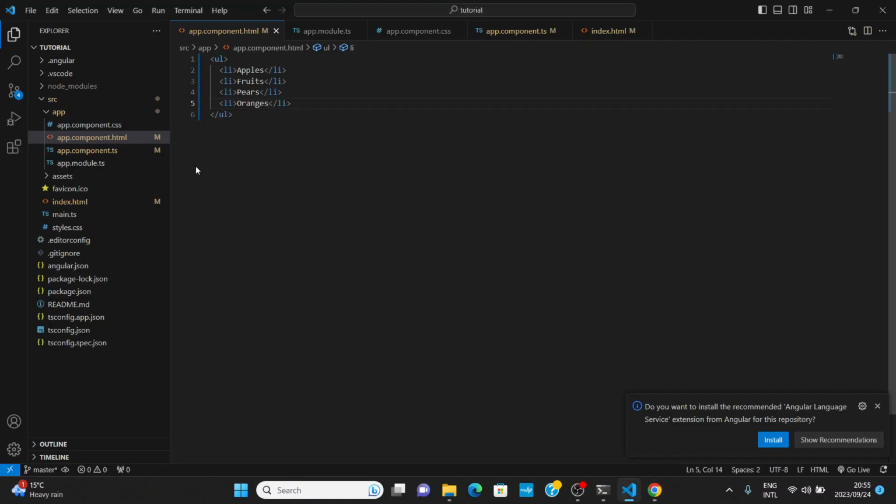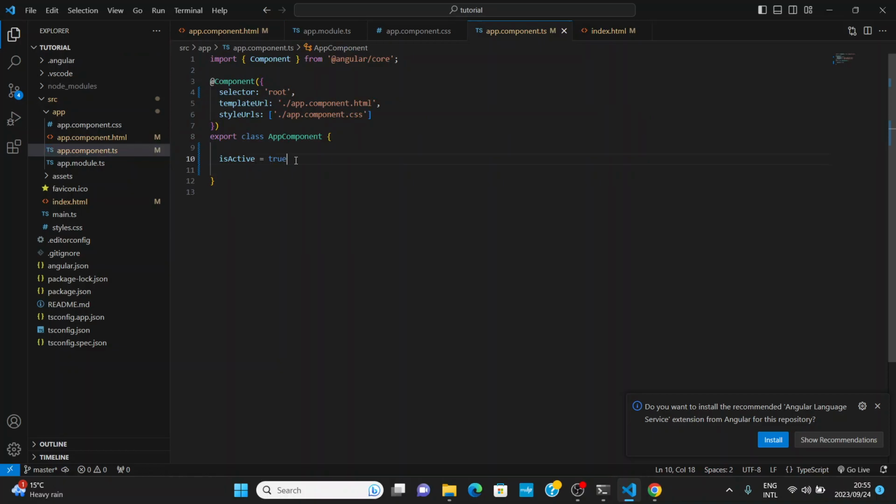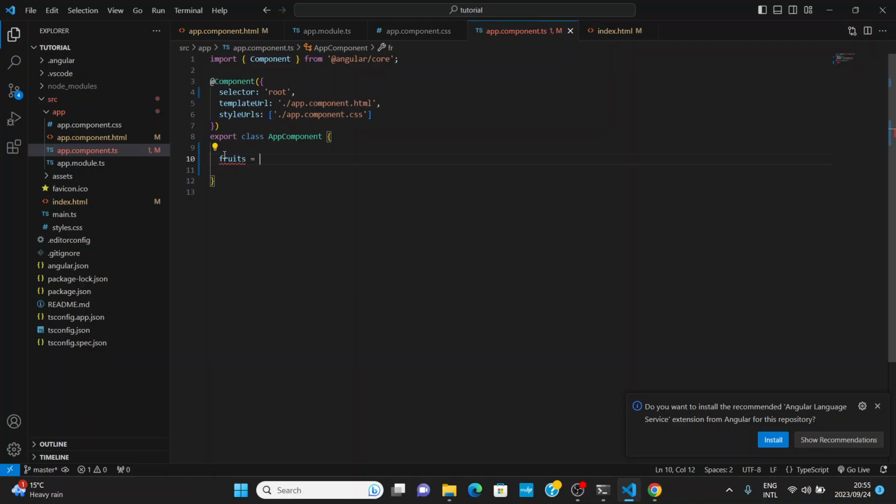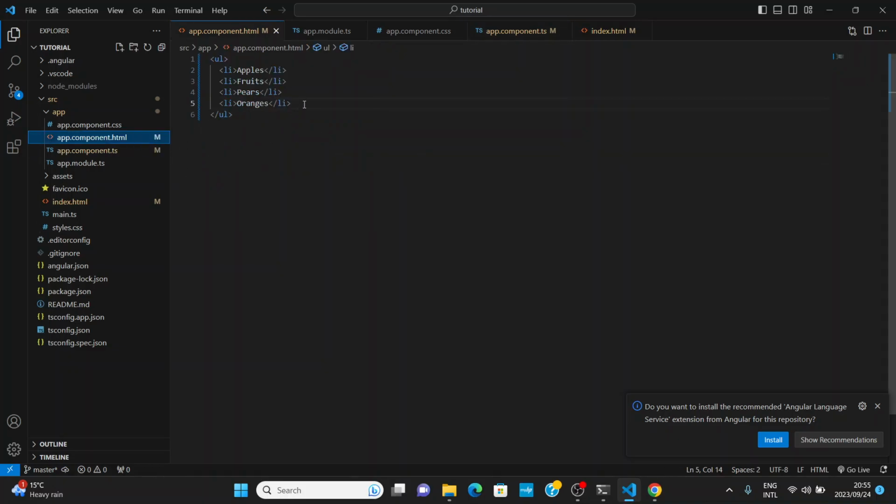And instead of hard coding these elements, you want to maybe display something that comes from an array over here. So I'm going to say fruits is equal to apples, oops, oranges, pears, and I skipped one. Okay, let me say banana this time, regardless of what I have here. I said fruits. That's embarrassing. Anyway,